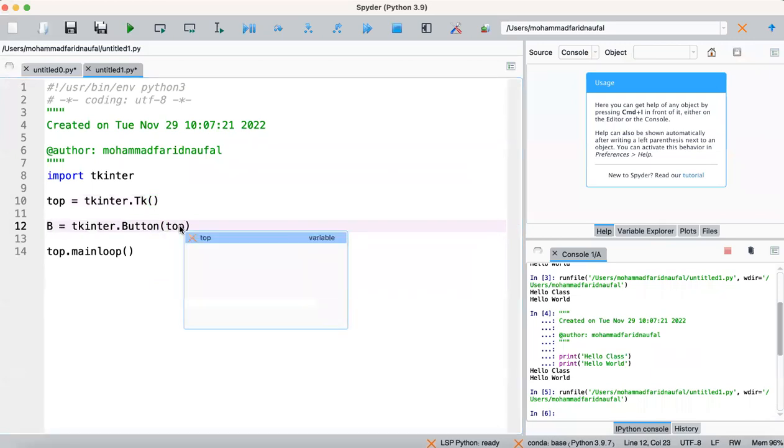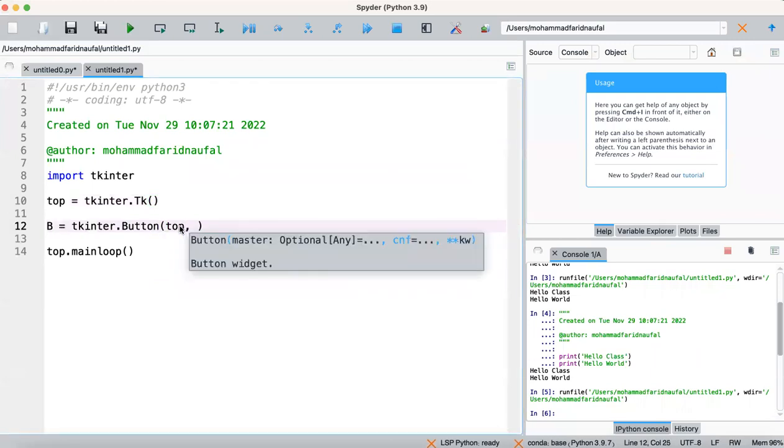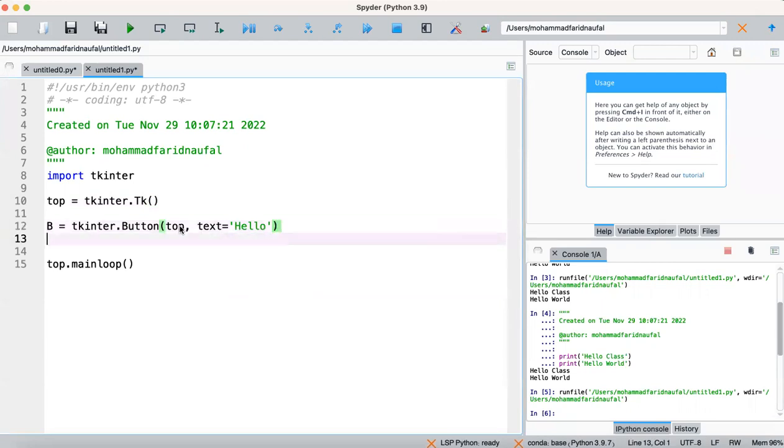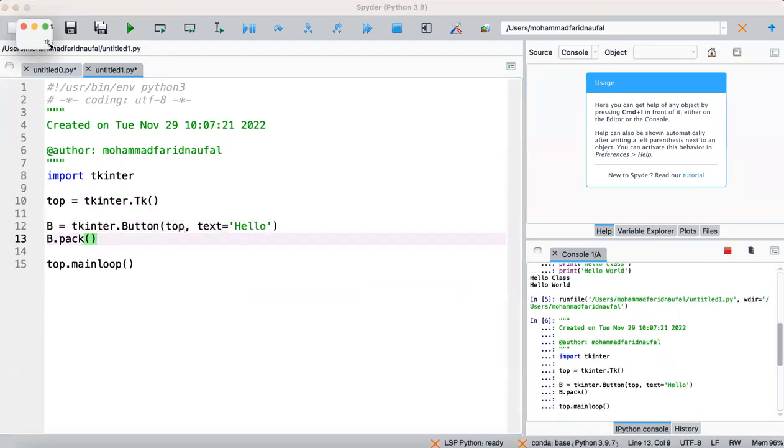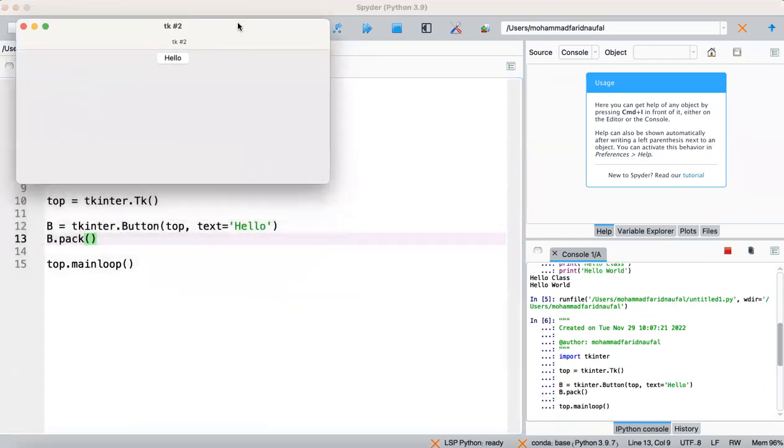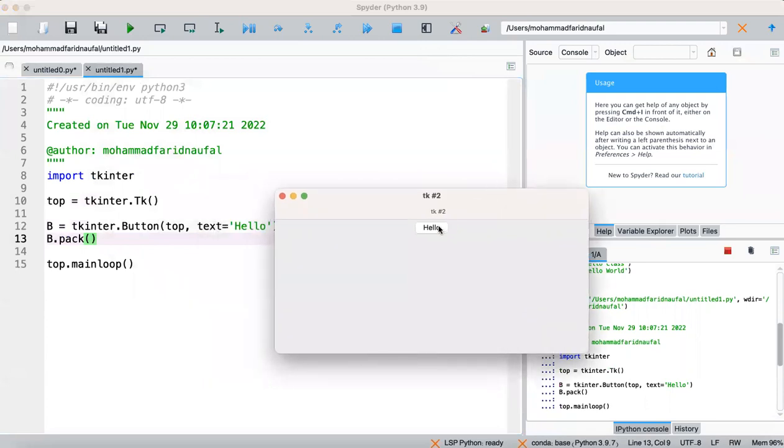The second parameter will be the text for our button, so I will add the hello text. Then we call the p.pack function here. If you run the code, it will be like this. So we have a hello button here.